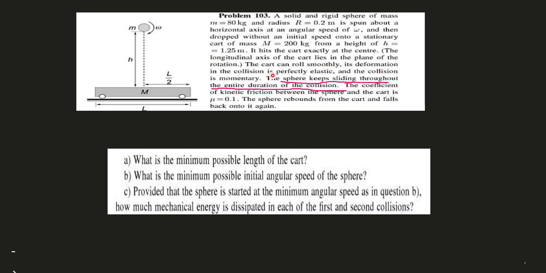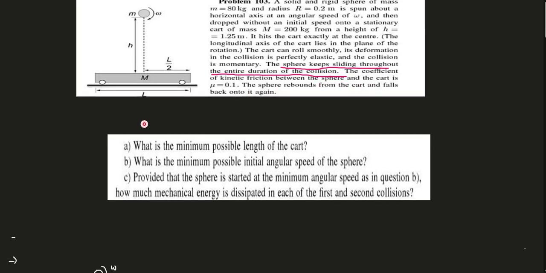Its deformation in the collision is perfectly elastic and the collision is momentary. The sphere keeps sliding throughout the entire duration of the collision. The coefficient of kinetic friction between the sphere and the cart is 0.1. The sphere rebounds from the cart and falls back onto it again. We have to find the minimum possible length of the cart, the minimum possible initial angular speed of the sphere, and how much mechanical energy is dissipated in each of the first and second